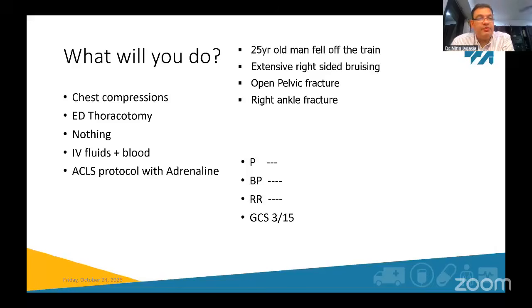So just to recap, it's a 25-year-old male. So obviously you're not expecting a heart attack or something else. So whether ACLS is applicable, I'm not sure. We've talked a lot. It's all blood, isn't it? It's all losing blood. So this man's heart is empty. The tank is empty. So by giving them adrenaline, you're not really going to make a difference. If you're compressing the chest, compressions are to pump the blood around the body, but there is no blood. So what do you do? Nothing.